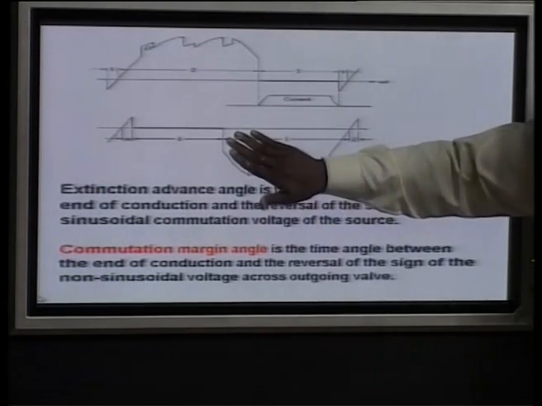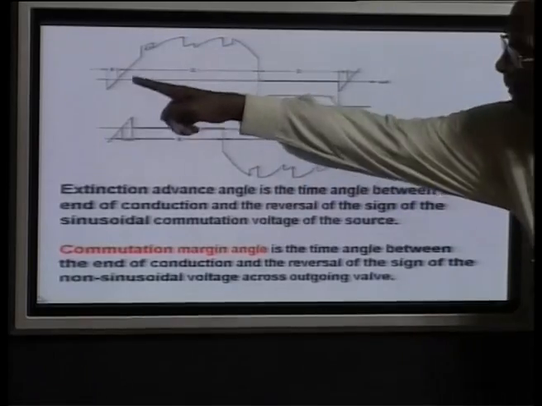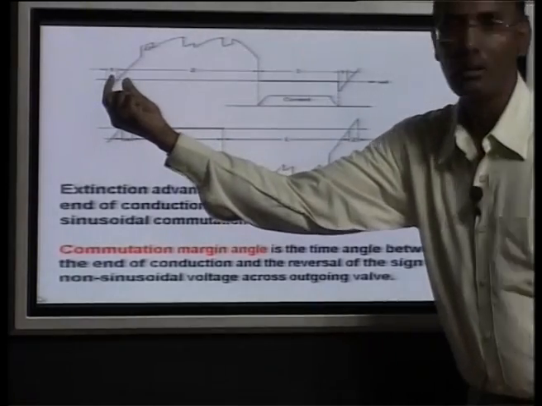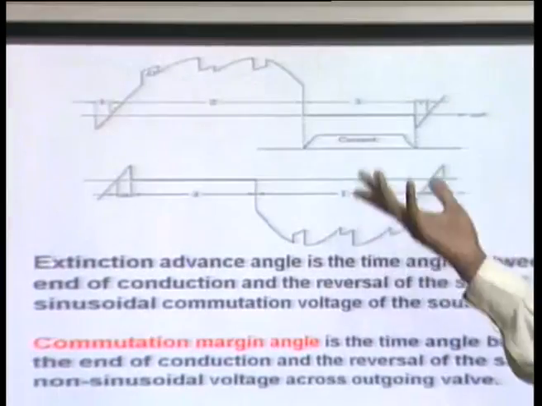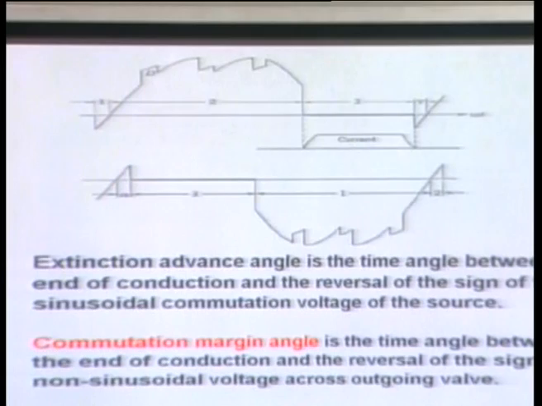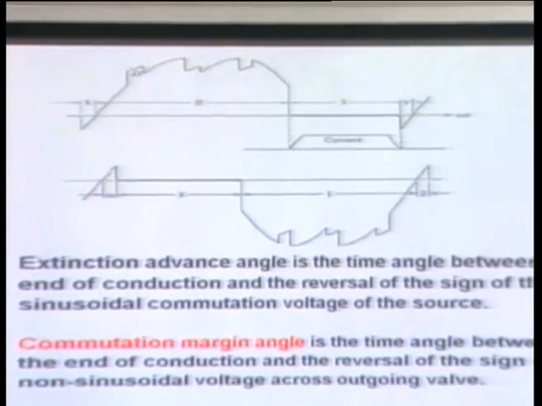So, there is no possibility of commutation failure here, because we are getting enough time for the valve to deionize or turn off. Here we are getting enough time, so this is no problem. Also, we can see this from our